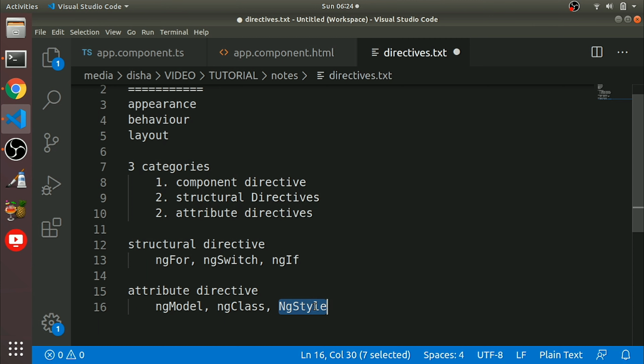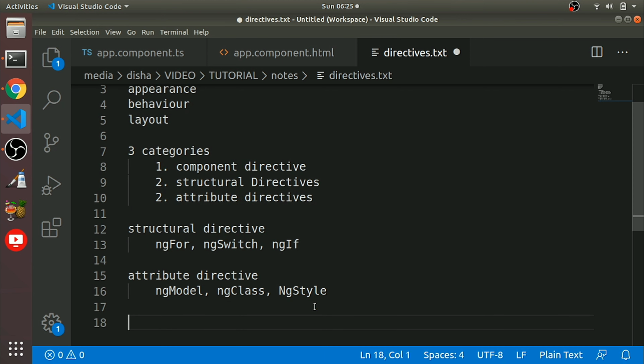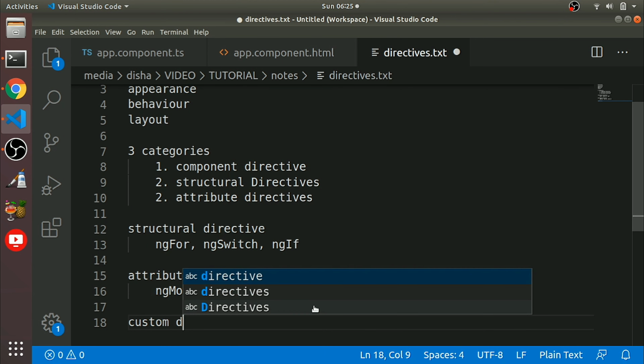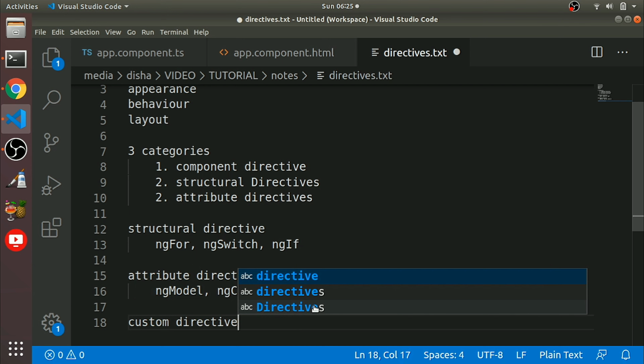Okay, last one, we can also have our custom directive. We can use @Directive for a custom directive.